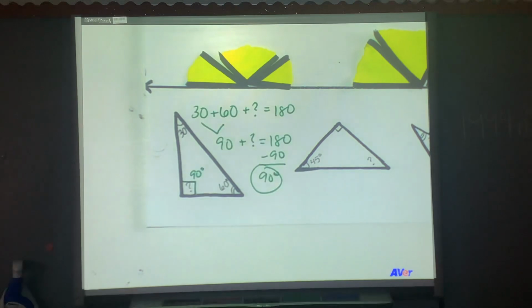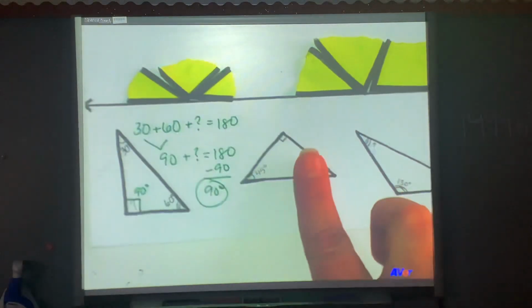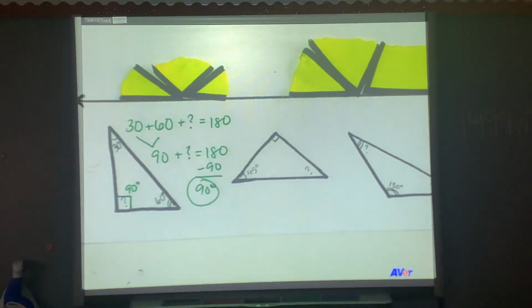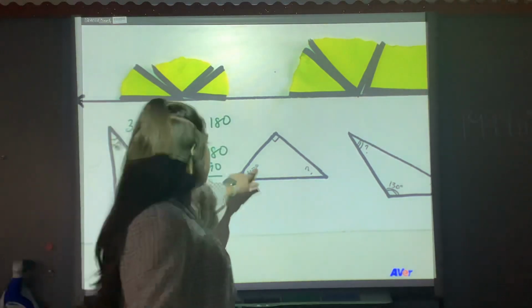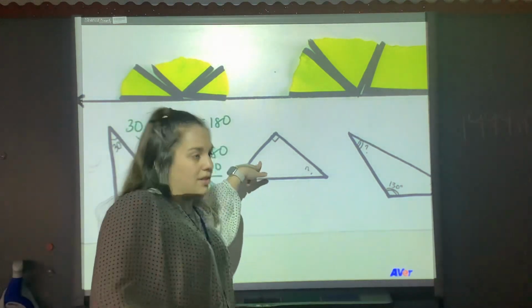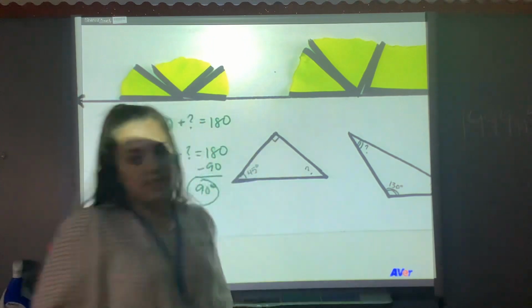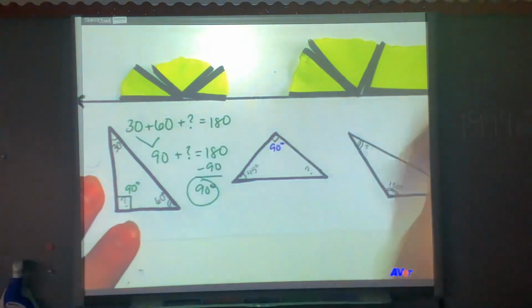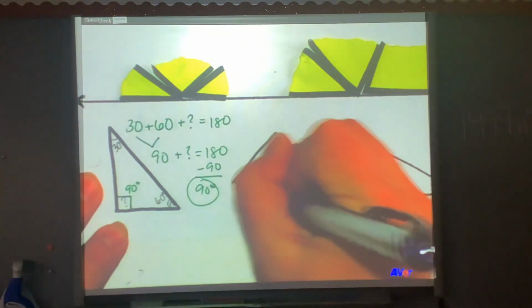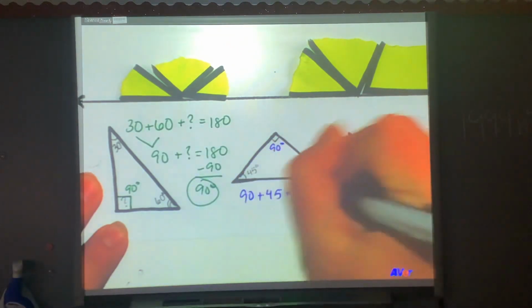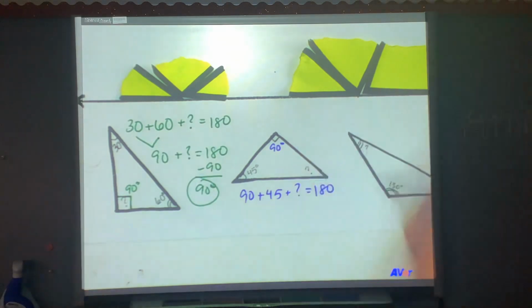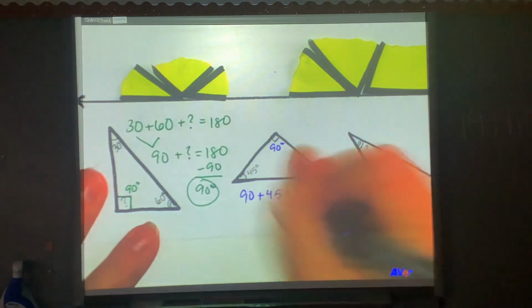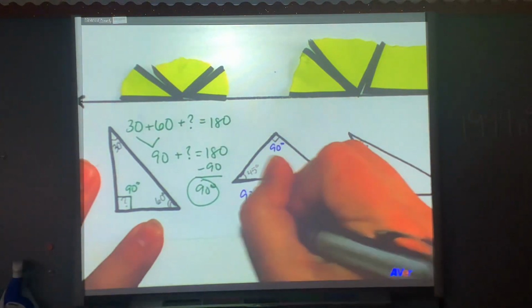Okay. So speaking of right triangles, in the second triangle here, I do see a right angle indication. And I only have one of them that is given to me. Technically two, because I already know that that's 90 degrees. So, of course, we have 90 degrees plus 45 degrees plus we don't know what this one is. They're all supposed to equal up to 180. If 90 and 45 put together make 100,